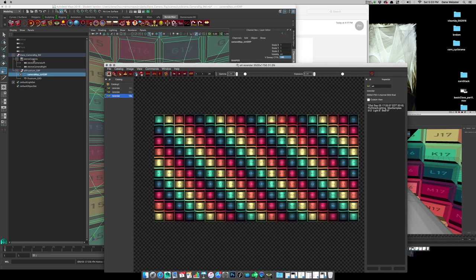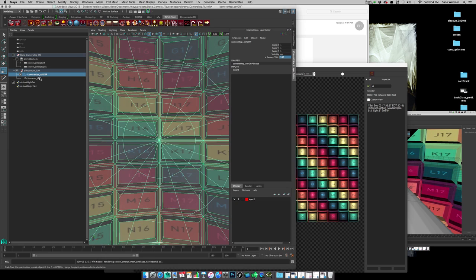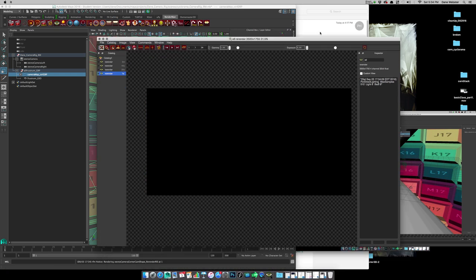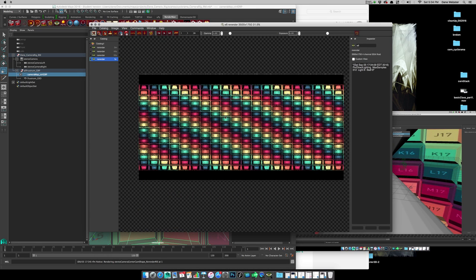Now let's go back to the frustum control, and let's make that 360. We'll fire off another IPR. Okay, so what has happened now is in that dome, or that sphere that has the top and the bottom cut off, you can see we're getting all of the panels plus the darkness. And then if I